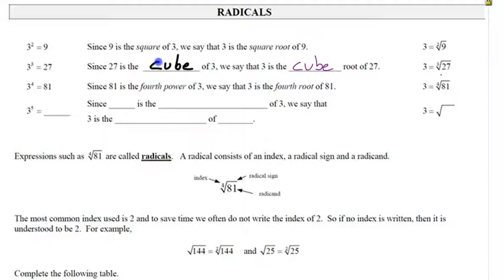3 to the 4th is equal to 81. Since 81 is the 4th power of 3, we say that 3 is the 4th root of 81, right? And this is how we say it. 3 to the 5th is equal to